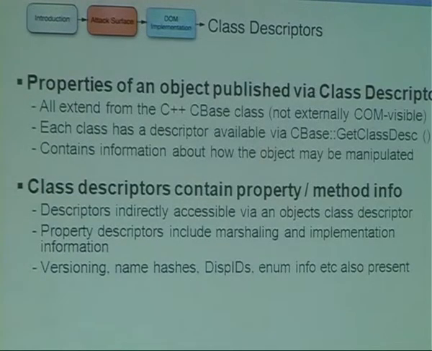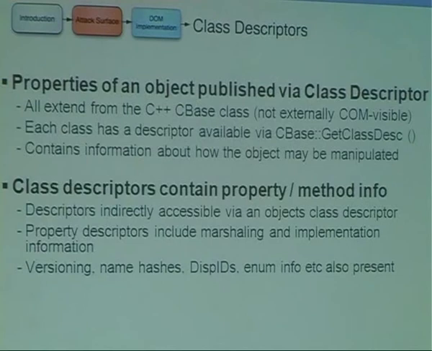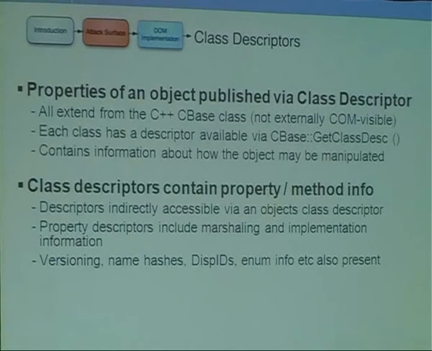Now, what I found out when I was looking at the DOM for IE is that objects are actually published via a class descriptor. So every object that is available in the DOM actually extends from this CBase class, which is not externally COM visible. But each